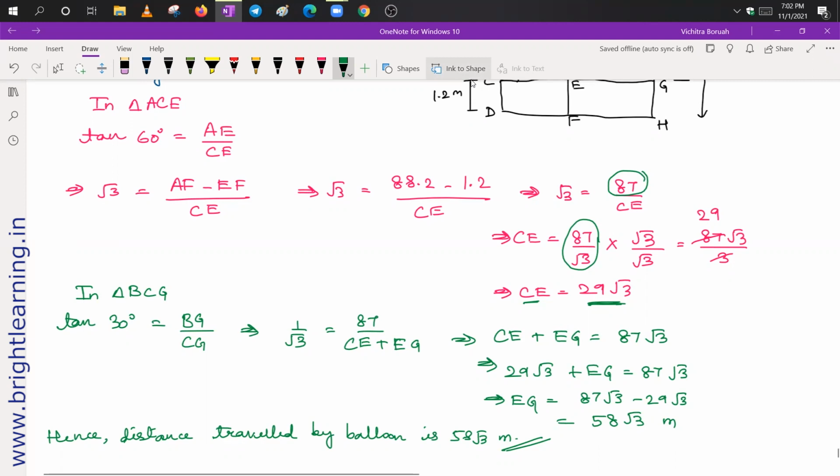So let's conclude our session for today. In the next session we will complete this chapter. Next chapter, which chapter do you want to start? Arithmetic progression. Yes, we can start arithmetic progression. In the next class we will complete this chapter. Only 2 questions are left, and then we will start arithmetic progression.